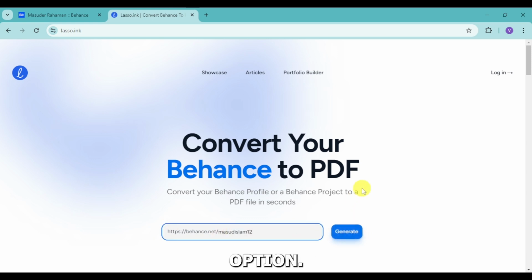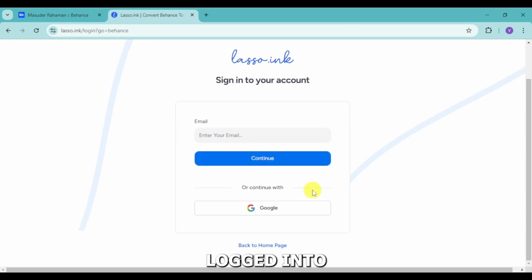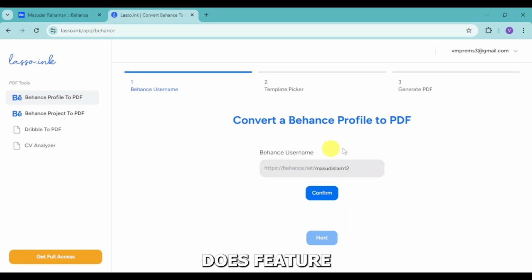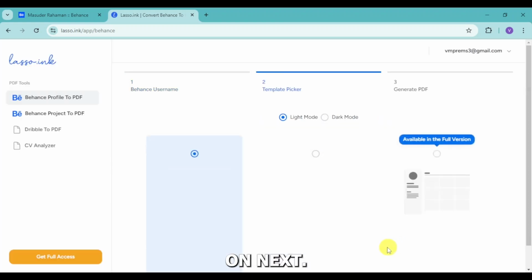Click on this generate option and then it will prompt you to log into your account. So once you have logged into your account, you can head over and then download it. It will ask you what you want to convert. So let's choose in here a profile, and then from there just wait for this and then put in here the username, click on confirm right here, and then from there just wait for this, click on next, and then